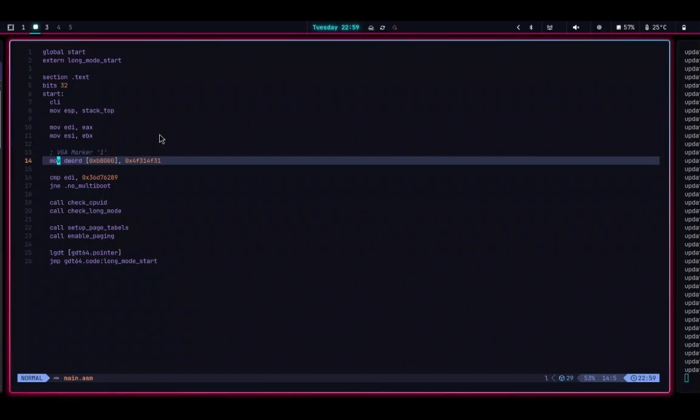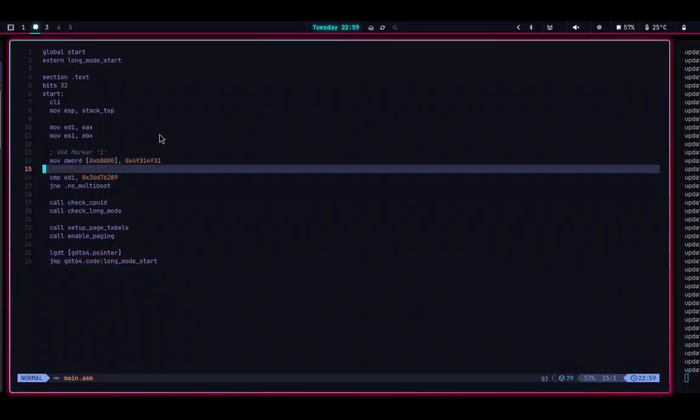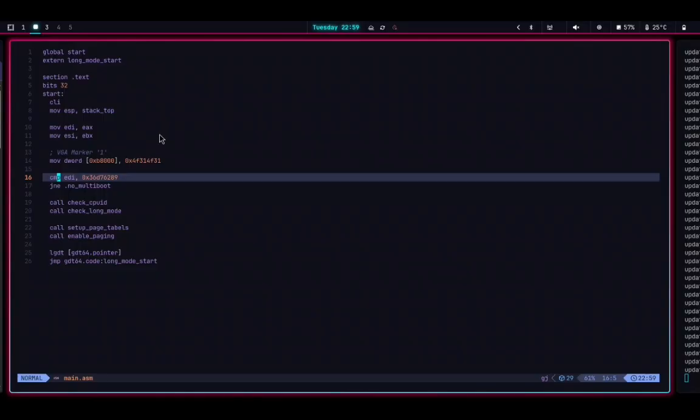and then move the top of the stack into ESP. It means we are initializing the stack. Without a stack we cannot use call and push instructions. And